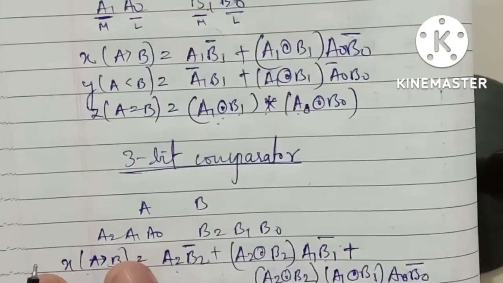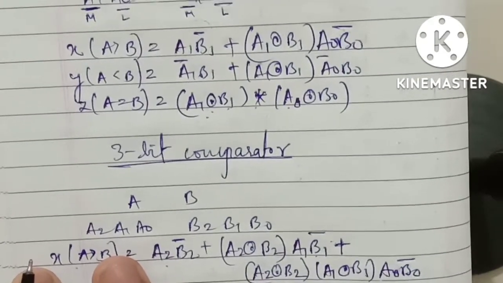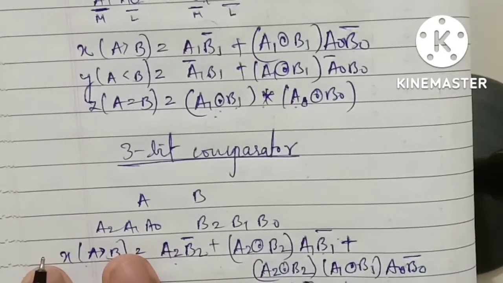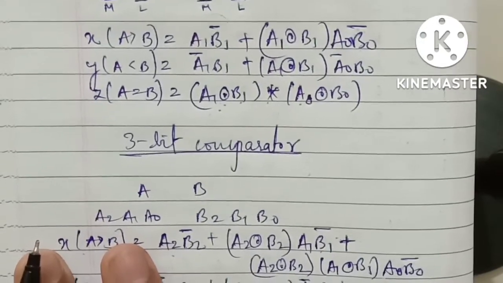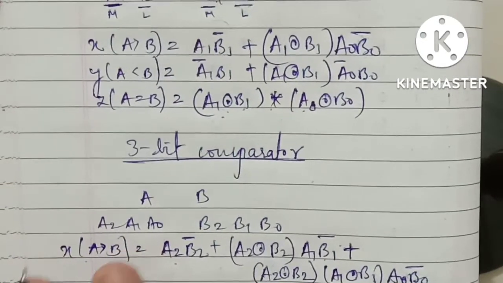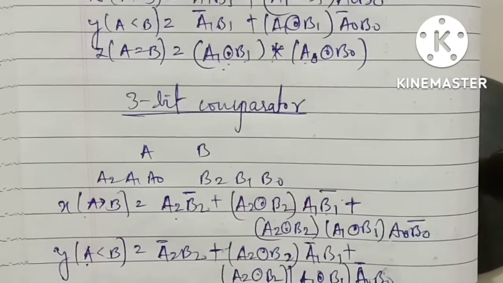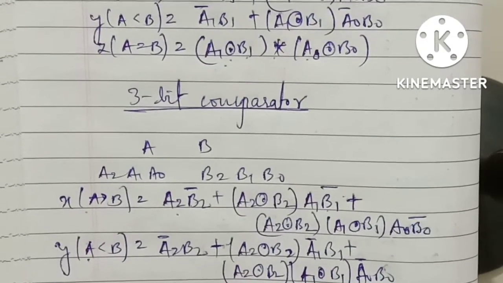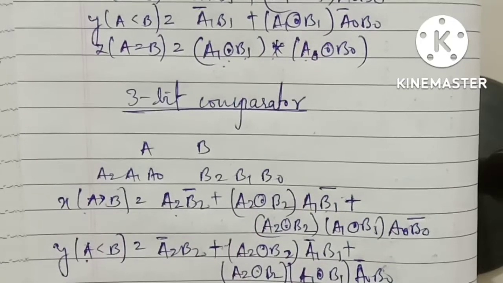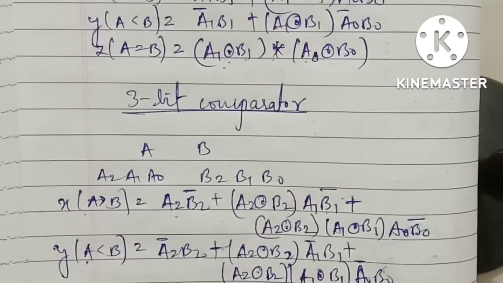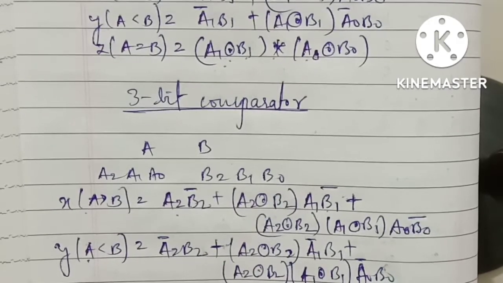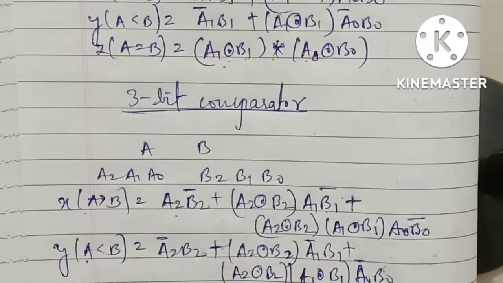In the back page I wrote the truth table, but here I won't write it because again and again I would need to flip the page, so I directly wrote here. I think this much is clear to all, right? In the next class we'll study the full adder and full subtractor. First we'll study the half adder, adder and subtractor, full and half, and then we'll continue with the rest of the combinational circuits.